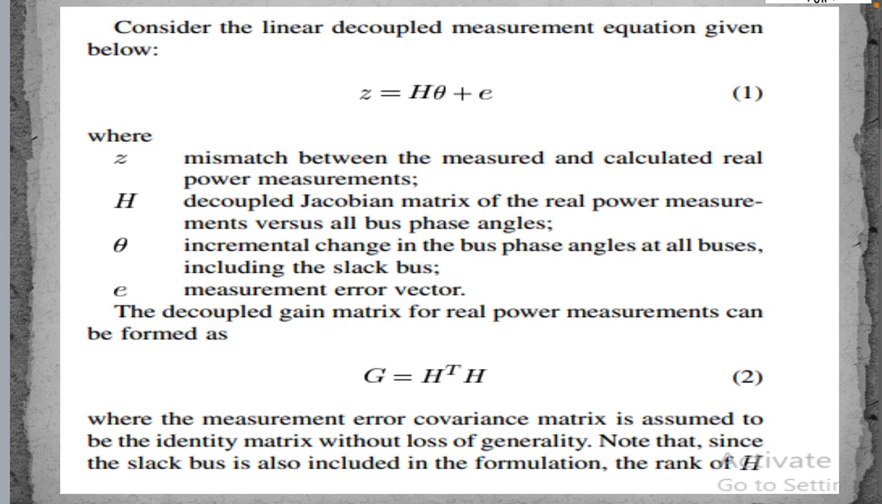The decoupled gain matrix for real power measurements can be formed as G = H^T H, where the measurement error covariance matrix is assumed to be the identity matrix without loss of generality. Note that since the slack bus is not included in the formulation, the rank of H